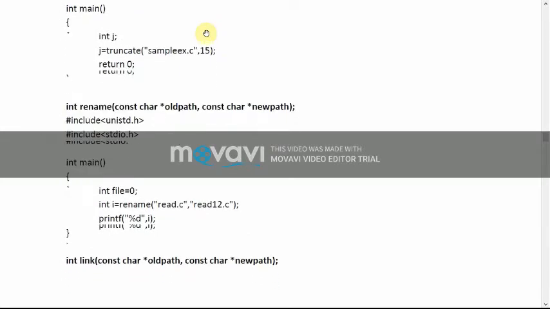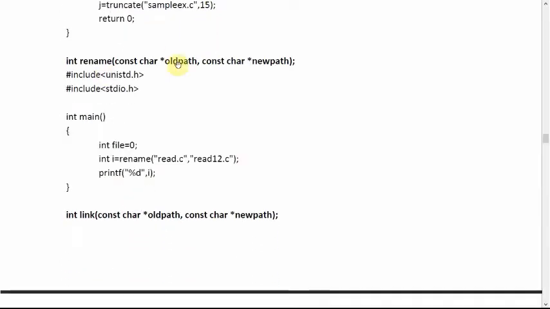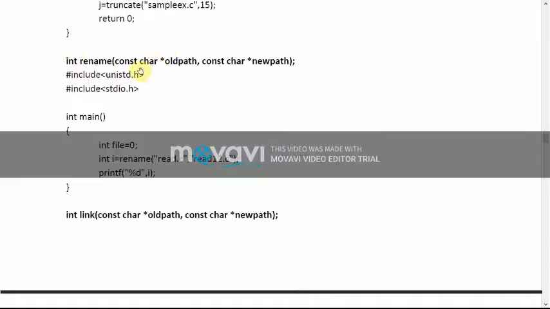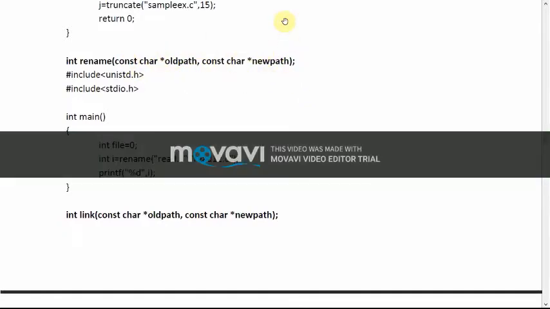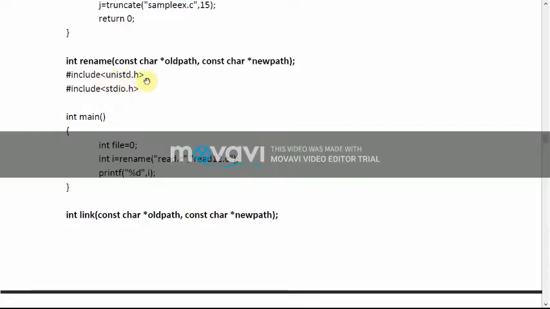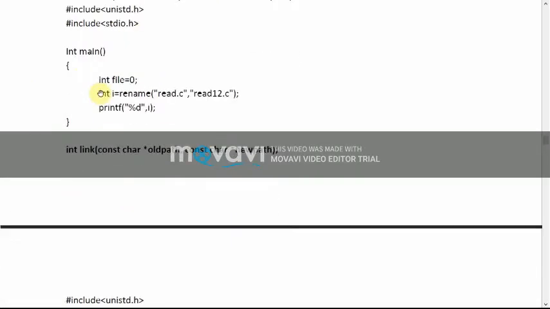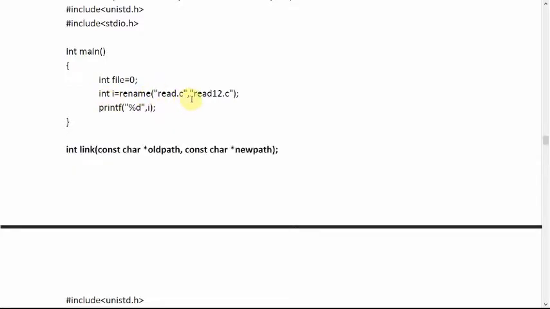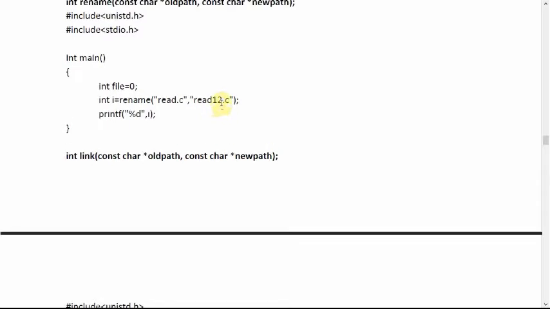The next system call is rename. It is returning int, and we are giving old path and new path in the argument list. Header file is unistd.h. int i = rename("read.c", "read12.c");